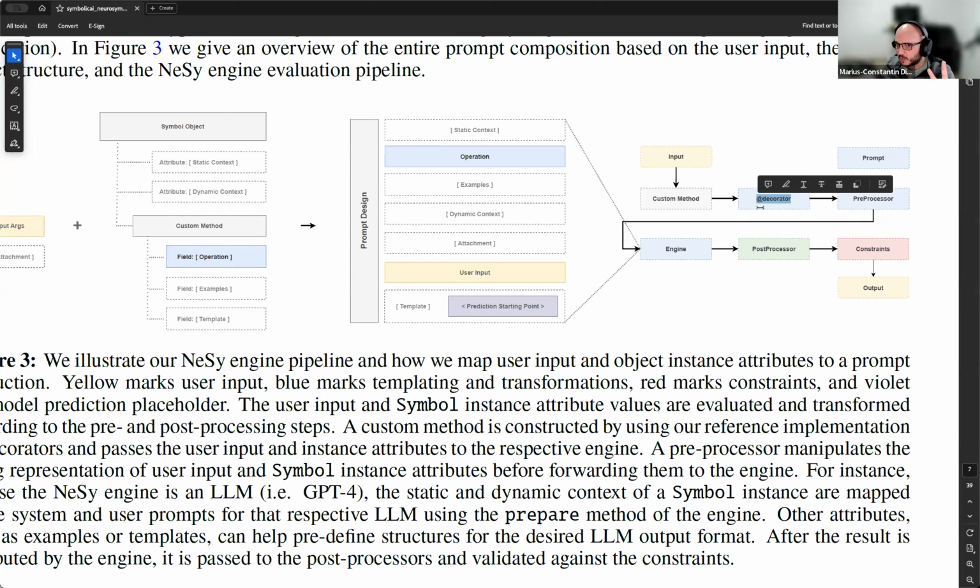The second nice part about this, and why we did it this way, is control flow. If you have any decorator on top of your custom method, you put this tag on it, and you're executing the Neurosymbolic backend. You come back.